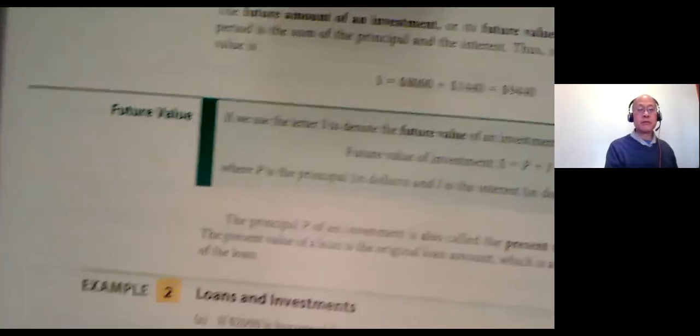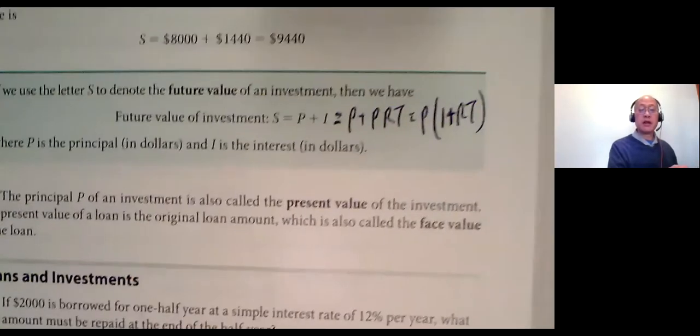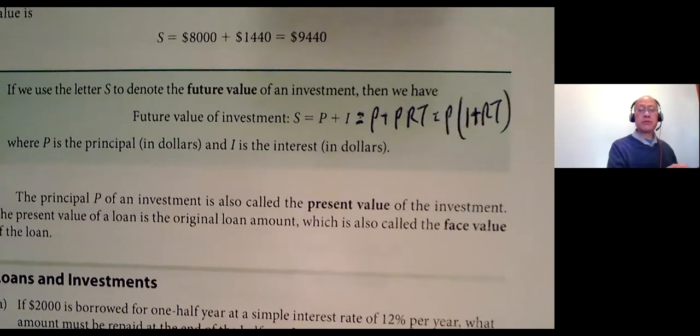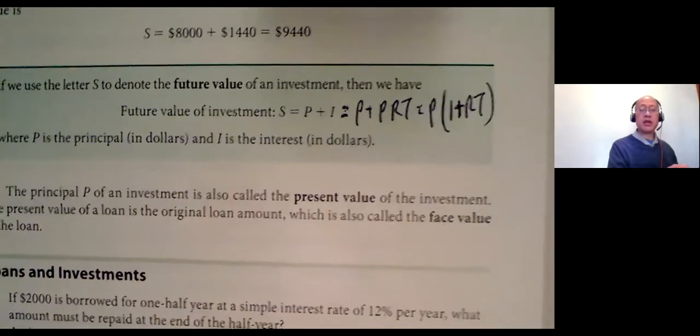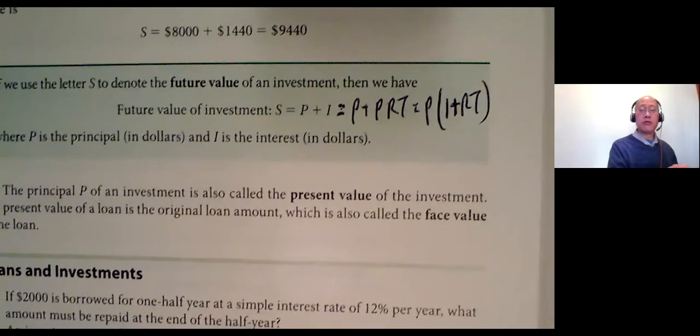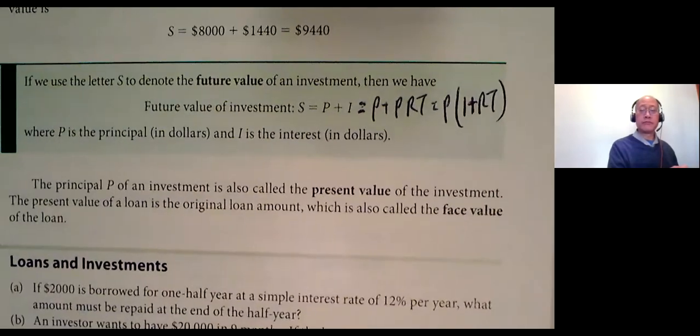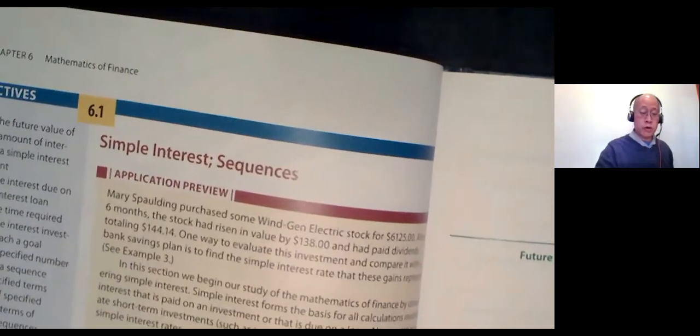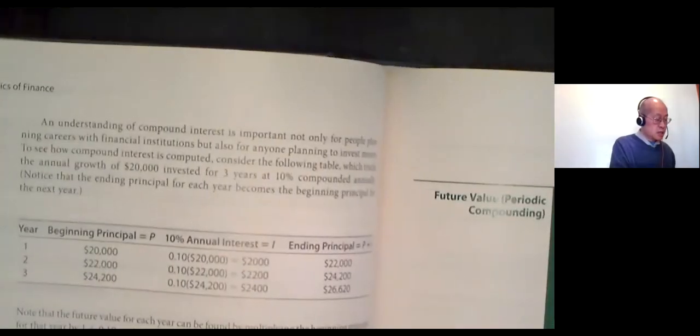Future value, page 363. So S equals P plus I. I also put P plus PRT, since I is PRT. You can also factor out the P, 1 plus RT. They're all equivalent. So just pick whichever one works best for you. Okay, 6.1, first 2 questions. 6.2,